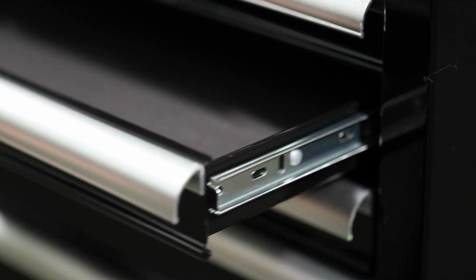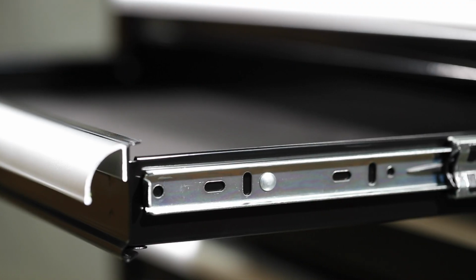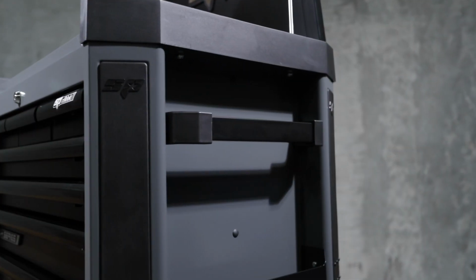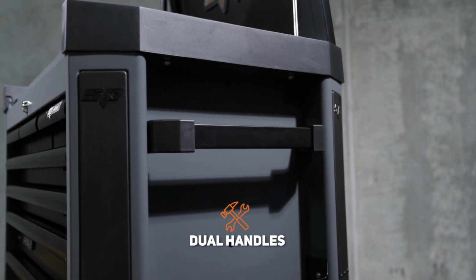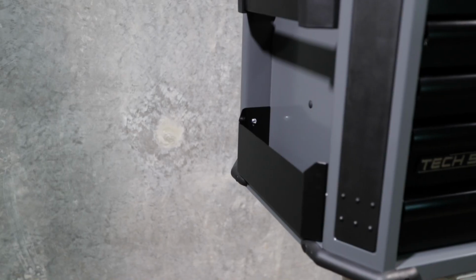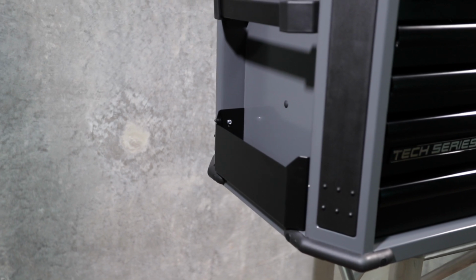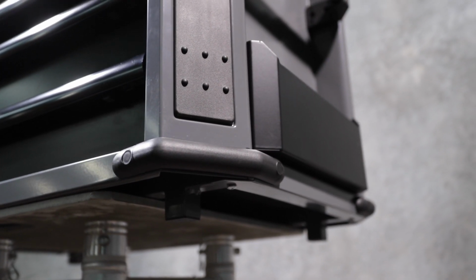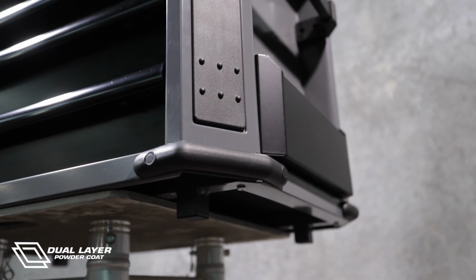The drawers are equipped with soft closing, full extension ball bearing slides, and the slides are rated to carry 40 kg per pair. The side of the box is equipped with recessed easy grip handles, and a further range of storage is available in the sides for holding aerosol cans and similar. The corner of the tool chest features bump protection to help maintain the high quality, dual layer UV resistant powder